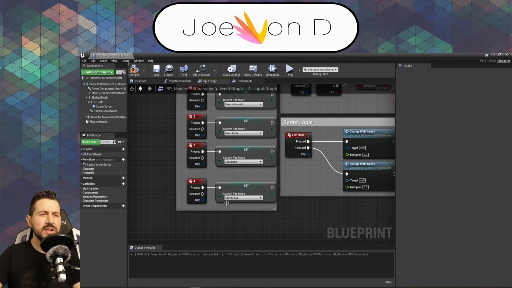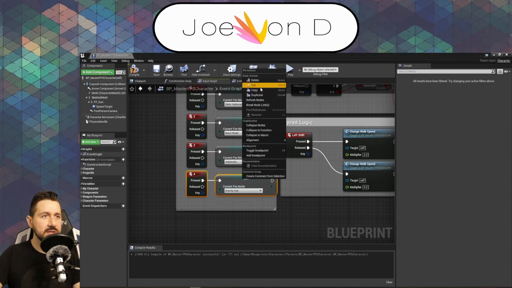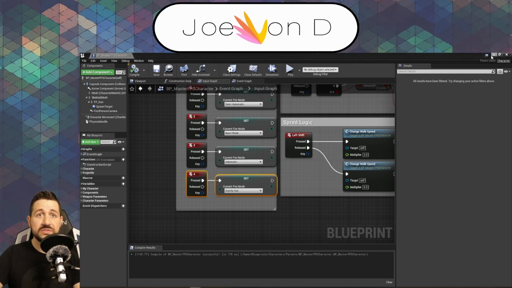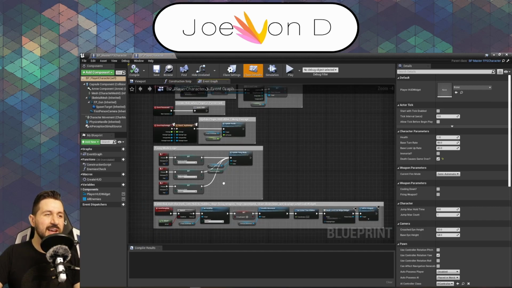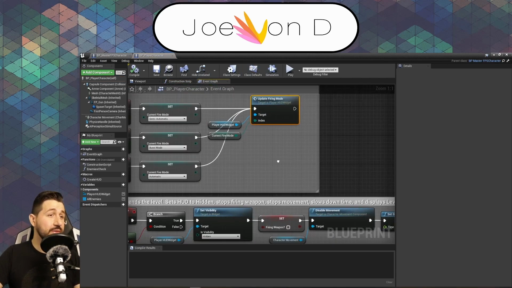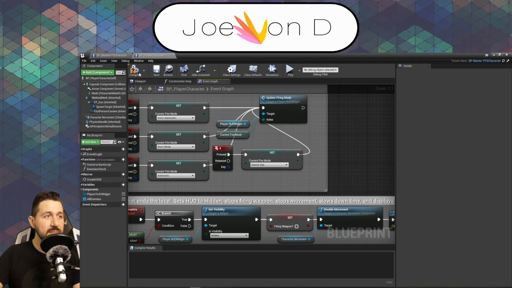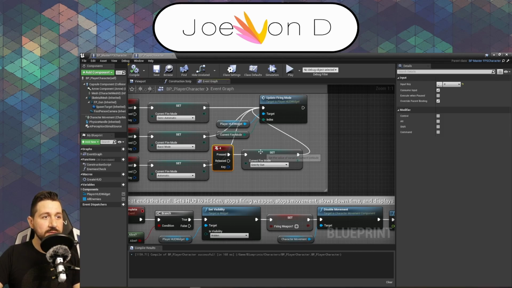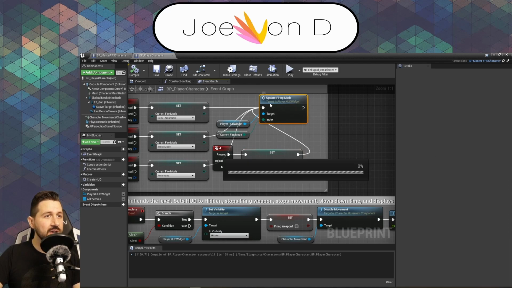I think our player character kind of has its own thing going on, so let's copy this, compile and save, and let's just add this to our player character as well, since they kind of override it so that they can update their widget. I'm lazy, so I'm just gonna add it right here. There we go. So we'll update our firing mode right here when we press 4, and then it's gonna update our HUD,